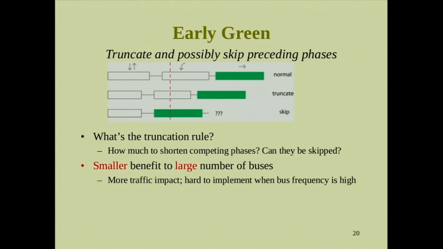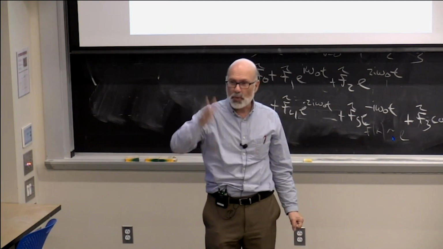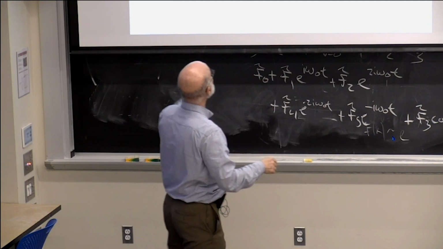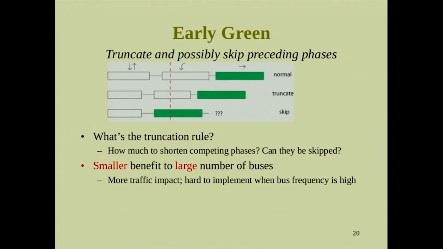Okay, so in this diagram, the phase that's green, that's the phase in which the bus is coming. Okay, and the phases that precede it, those are competing phases, the cross street or left turns that are waiting. Okay, and the red dashed line, that's when in the cycle the bus is going to arrive. So I've got a situation where the bus is expected to arrive near the beginning of this left turn phase, and then it would have to wait through the end of the left turn phase, and finally its phase would be green. So with early green, I could